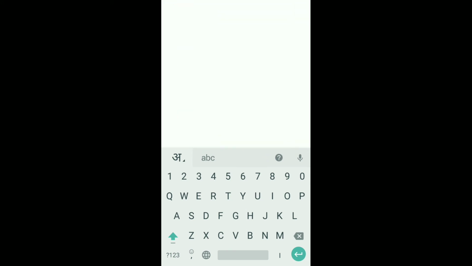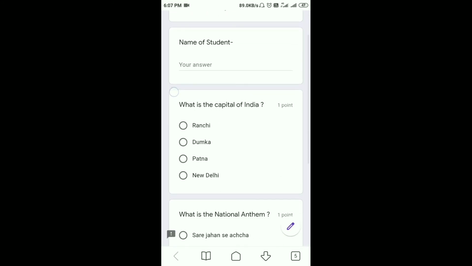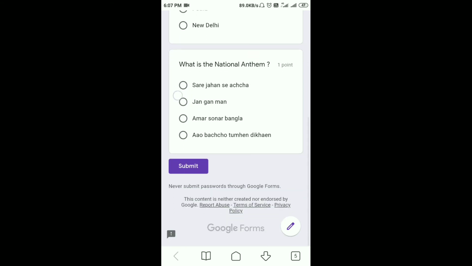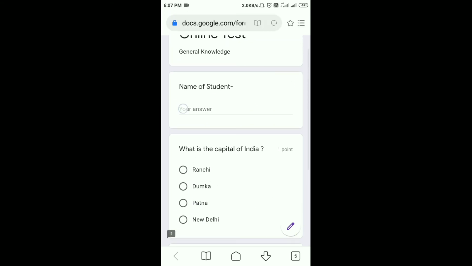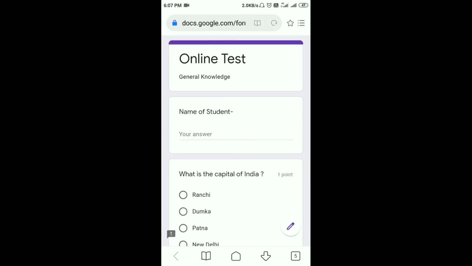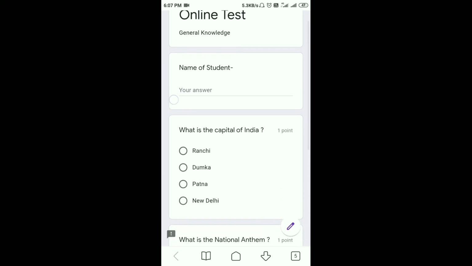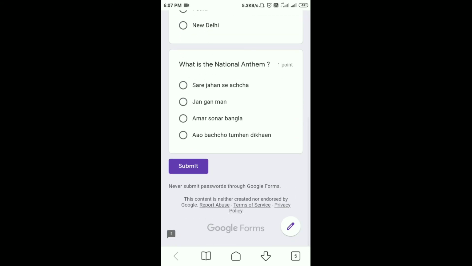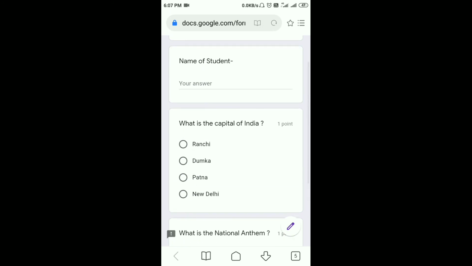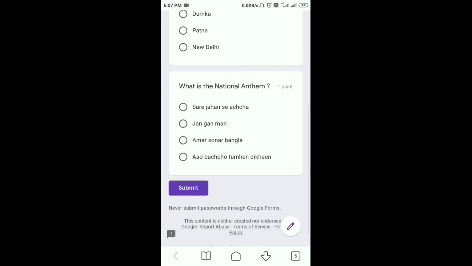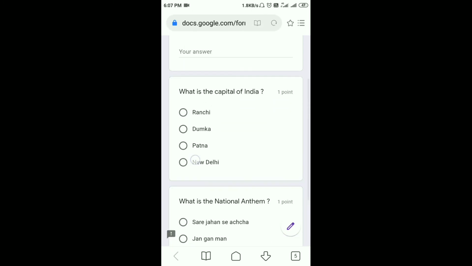he will go through any browser. You can copy it and you can go with any browser. Here the link opens. There were two questions, and now you can even write and answer these questions. And with the submit button, you will be able to get the scores, okay friends.